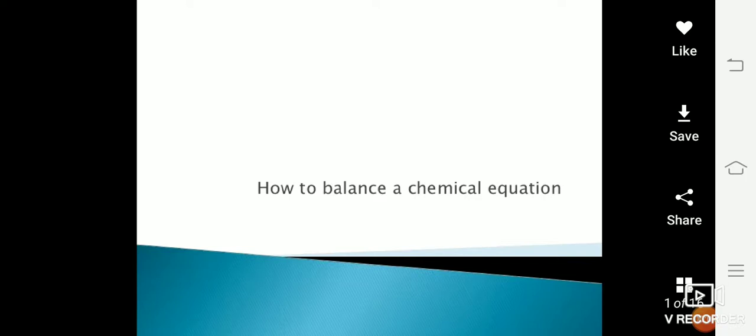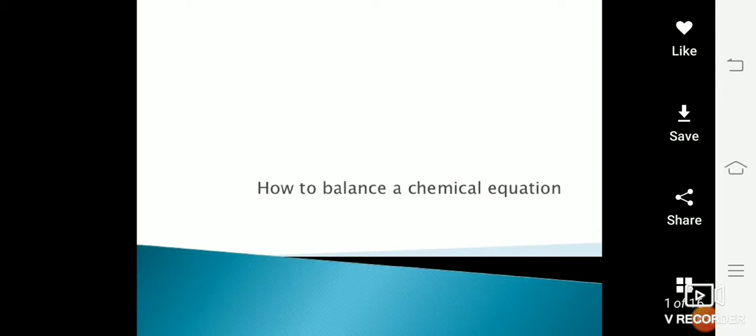So today, as I discussed in the last lecture, we are going to learn one of the methods of balancing a chemical equation. In our book, we have three different methods of balancing a chemical equation. Before starting how to balance a chemical equation, we are going to learn what actually a chemical equation is. A chemical equation in which the number of atoms of each element is the same on the side of reactant and product is called a balanced chemical equation.